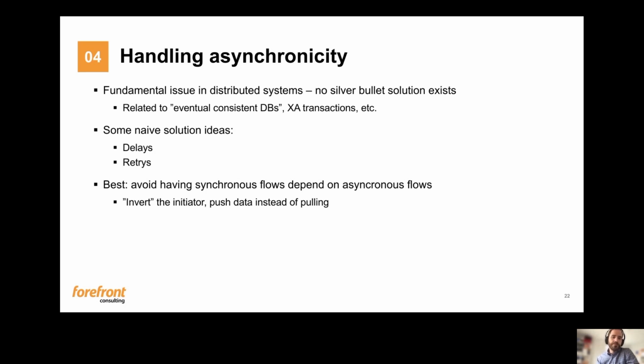I would say that the best way to handle this is to avoid having synchronous flows depending on asynchronous flows. So basically, once you go to an asynchronous flow, you have to continue to be asynchronous. We try to invert the initiator and push data instead of pulling.